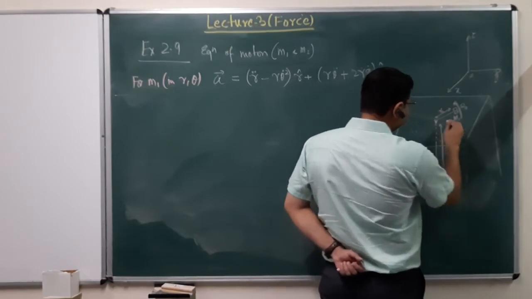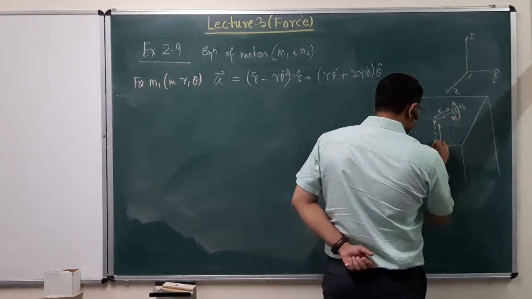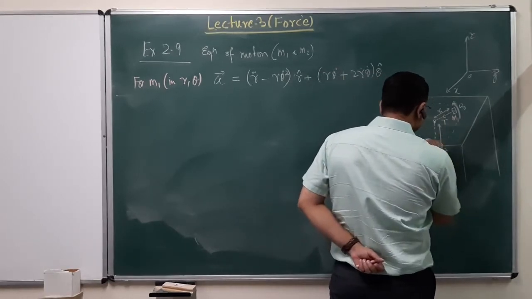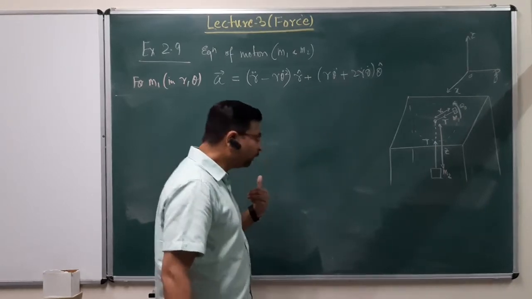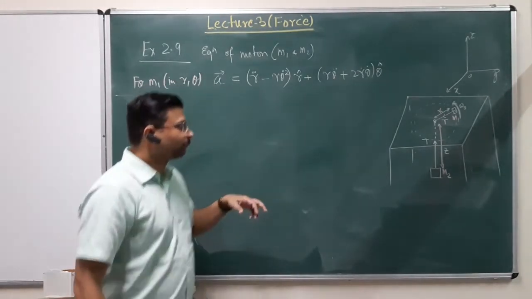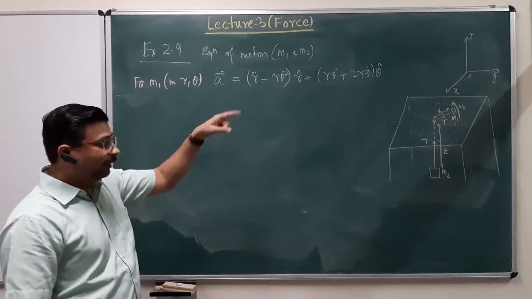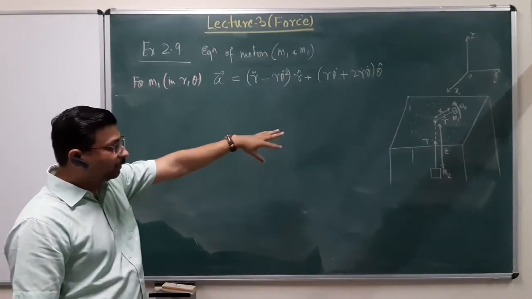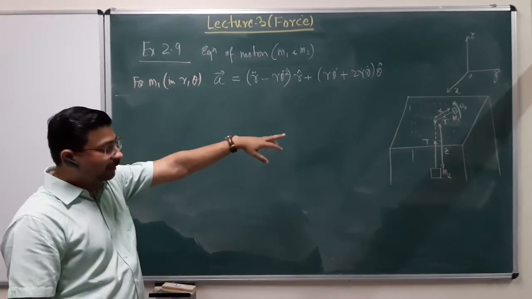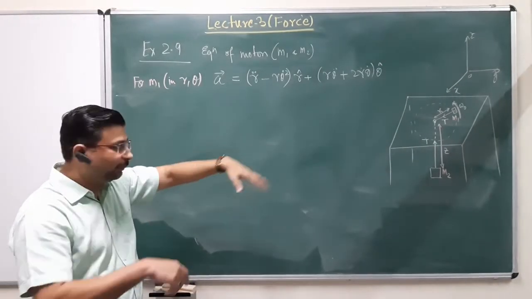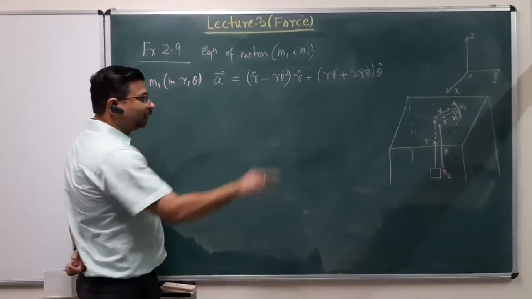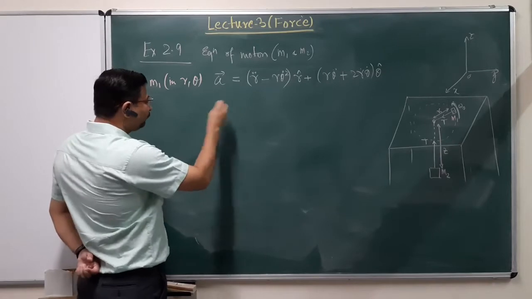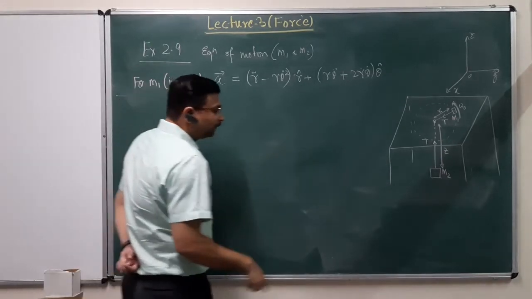Since these two masses are connected by the string of length L, when the system is like this, there will be some tension in this string. That means mass m1 will be pulled inwards towards the hole due to the tension T, which is applied on mass m1 because m2 is under gravity, and m2 will also be pulled up by the same tension T due to mass m1, because mass m1 is rotating and trying to maintain its position on the surface. Right. So there will be tension T, and now with this tension T, we can write down our equation of motion.